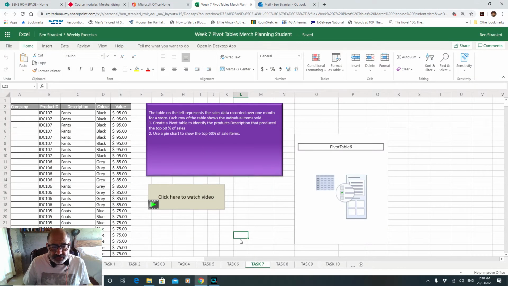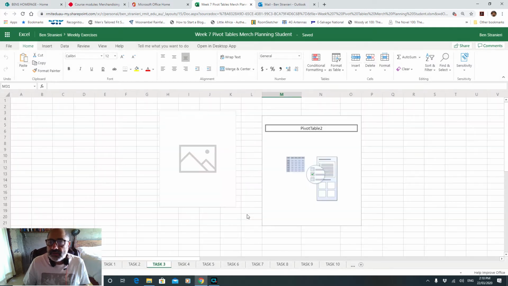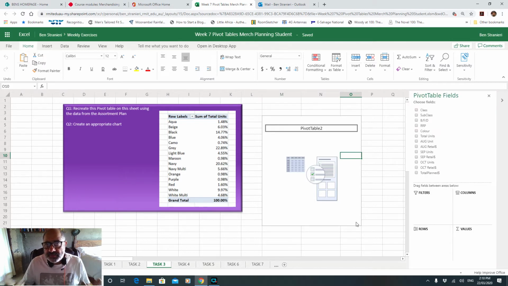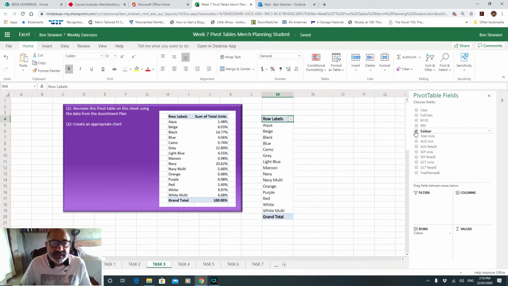How did you go with task 3? Because you may have found it a little bit tricky to get this one right. If you didn't do it, I did it on purpose, not telling you, just because I wanted to encourage you to explore or maybe even do a Google search to see if you could work out how to do it. Basically, we do color and total units, as it suggests there, but we have to turn these into